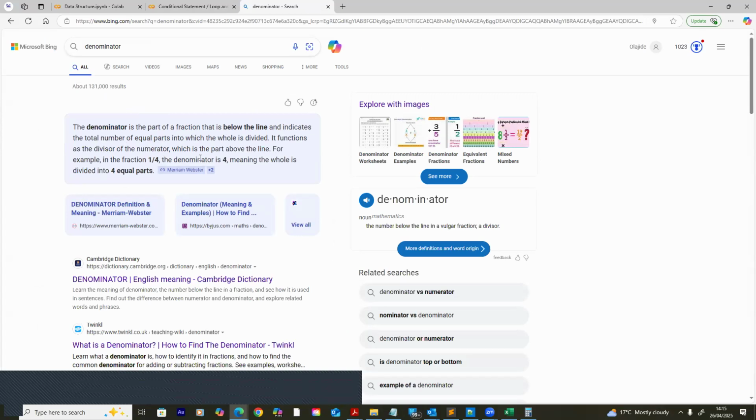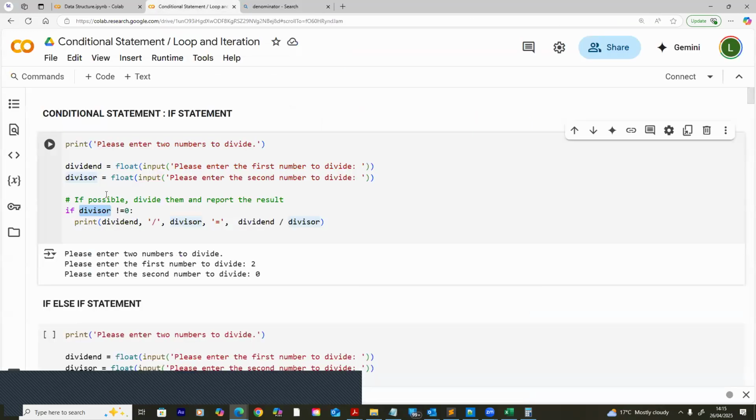So here the denominator is 4 and the numerator is 1. When you hear divisor, the denominator is what is dividing, then the dividend is the numerator. So now we are saying, if this is not equal to 0,